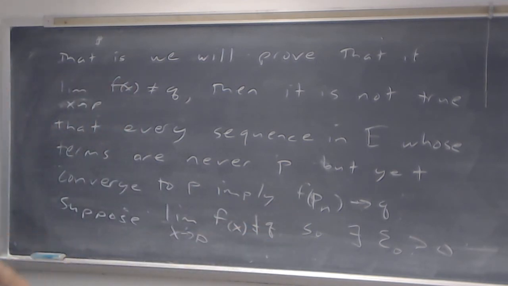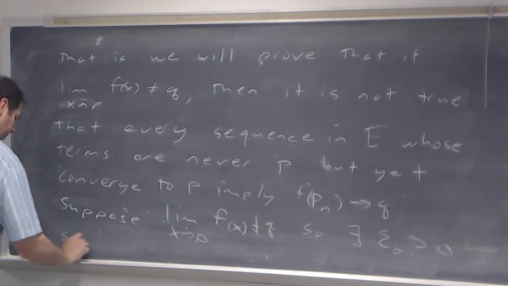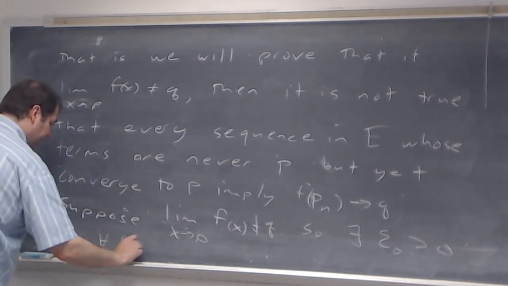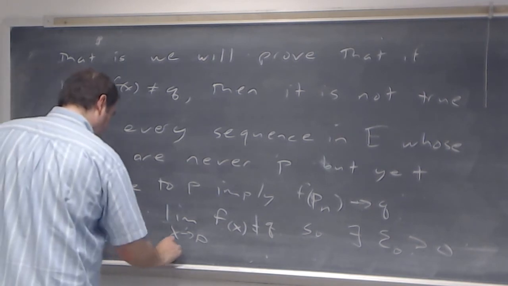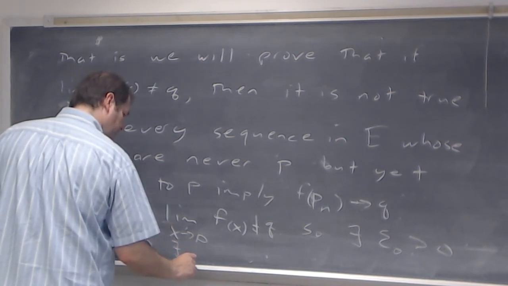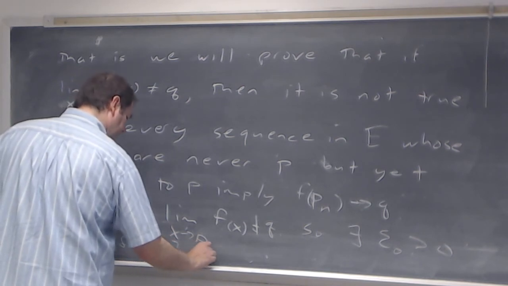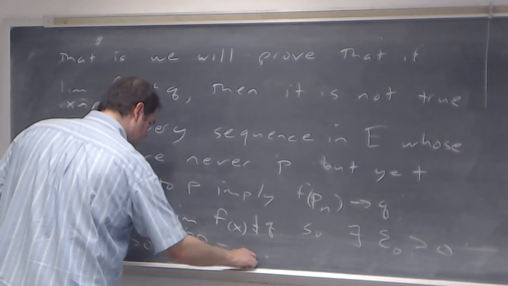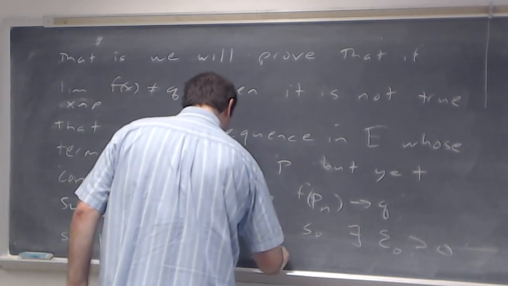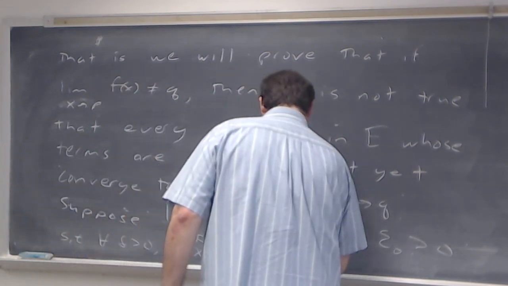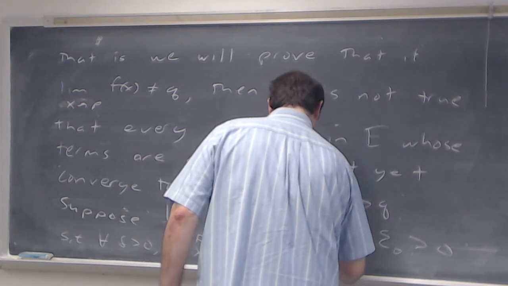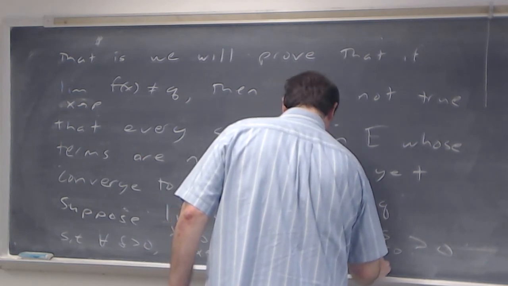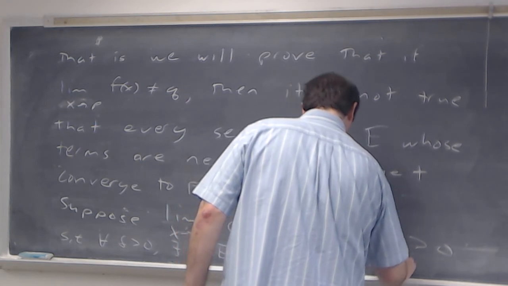But it's not happening, so there exists an epsilon naught such that for every delta you give me that's greater than 0, there exists an x in E with 0 less than the distance between x and p less than delta, but